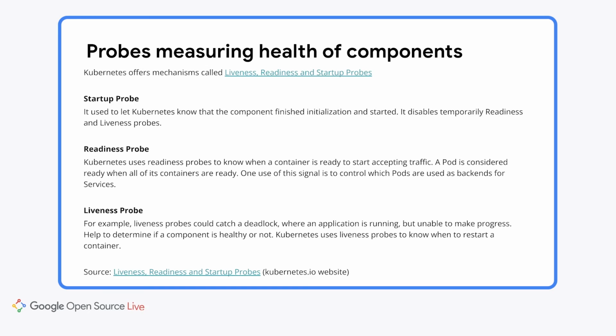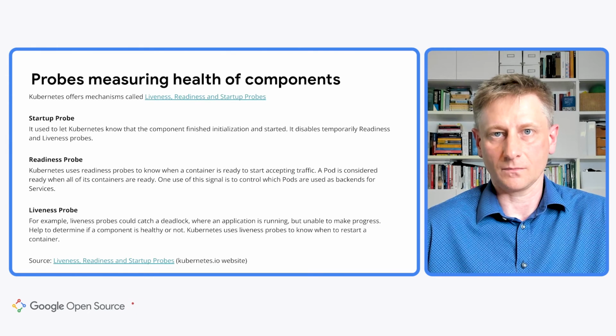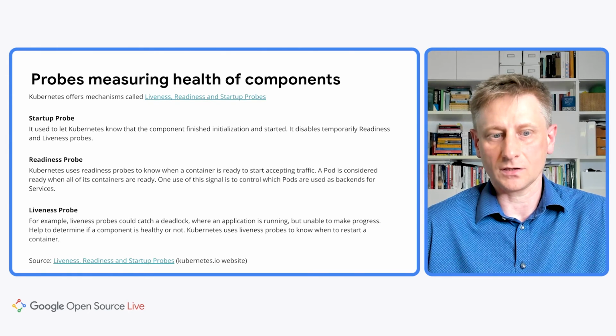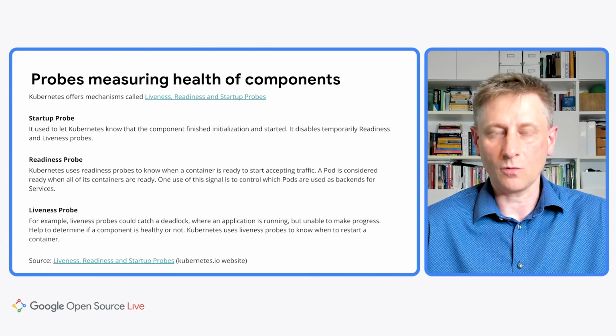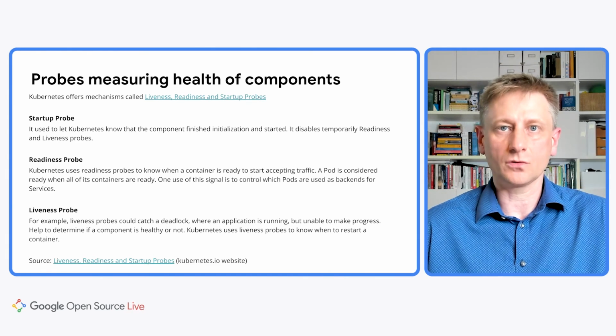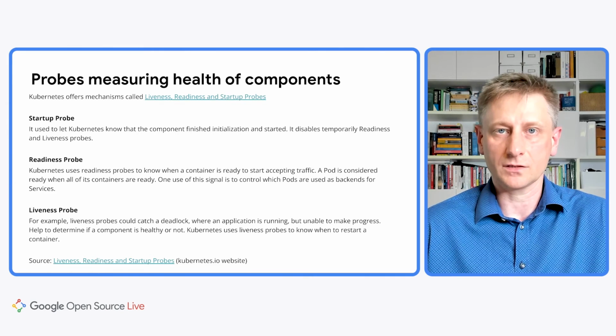So, for example, you remember that one of the things that we discussed is that we could have a Kubernetes service for web servers and two pods behind this service. And Kubernetes will wait until the readiness probe gives the green light before it starts sending traffic to the Airflow web server pod. Once the initialization is finished and Kubernetes confirmed that the component is ready for accepting traffic, here comes the liveness probe. And this probe is used to pass information to Kubernetes about the healthiness of the component.